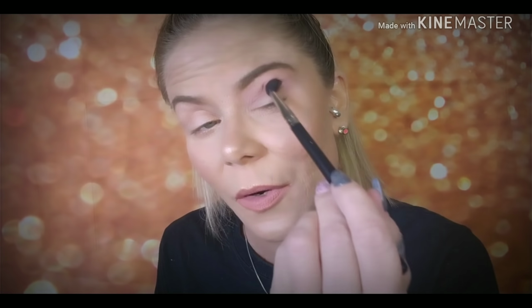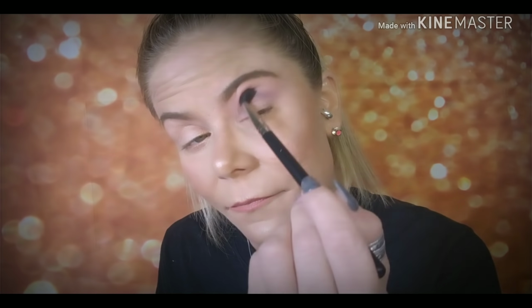So here is Hush Hush with one layer. I will tell you, you do have to dip quite a few times to really start seeing any pigment. But, you know, the price of beauty that we pay. My second go,